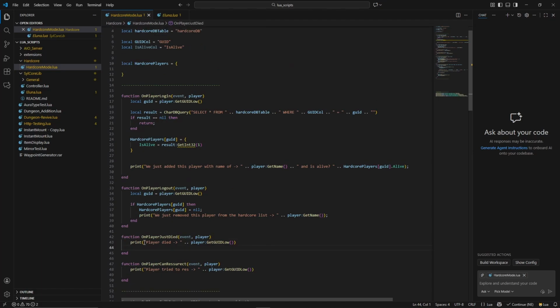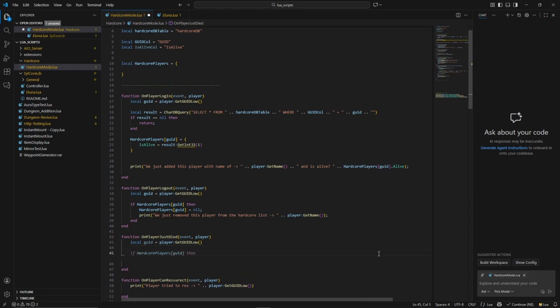So here you can see the player died. That was our test for the player just died. What we want to do now is, again, the local UID for getting the player's UID. And now we want to check if the player is inside the hardcore players at the UID index. If they are,